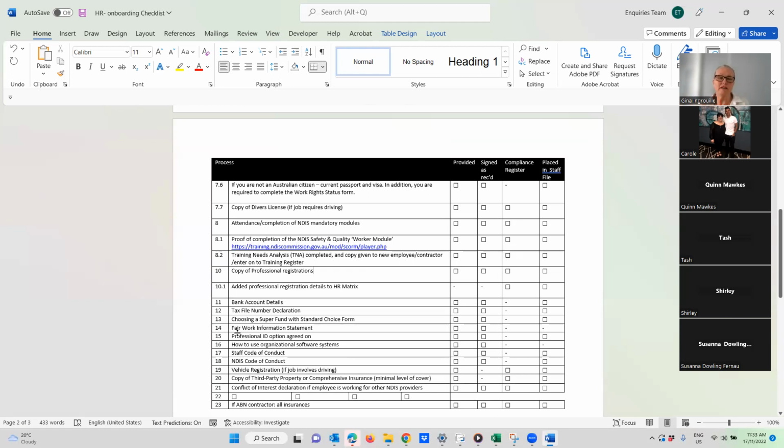Staff code of conduct. A lot of people might have one code of conduct that includes the NDIS code of conduct. I separated mine out because it became so big with the two of them that it did my head in. So now I know I've got the NDIS code of conduct, which is a page, and then the staff code of conduct, which is about all the other things that matter to the organisation, and preferences that I might have.